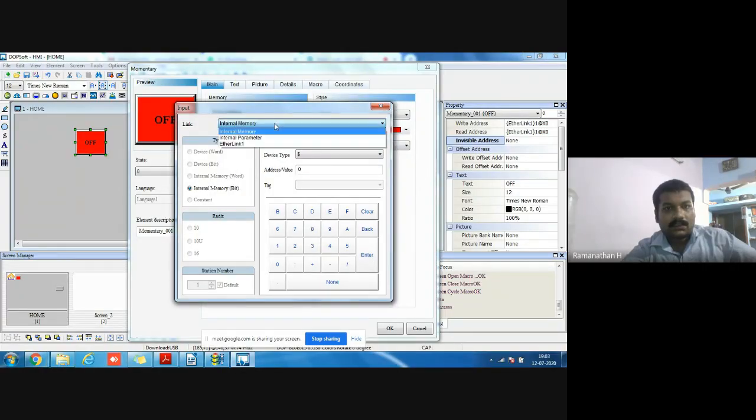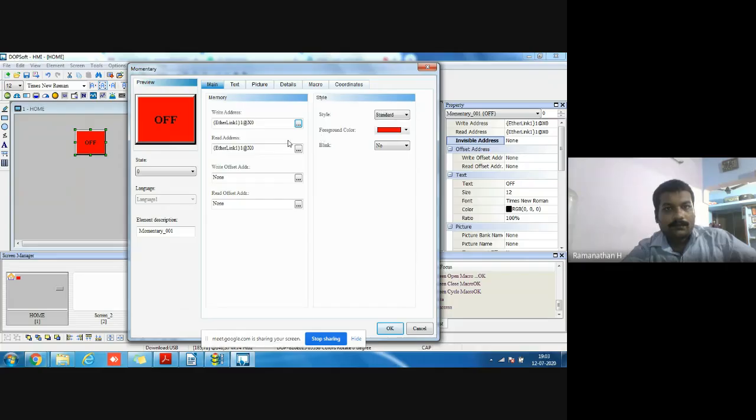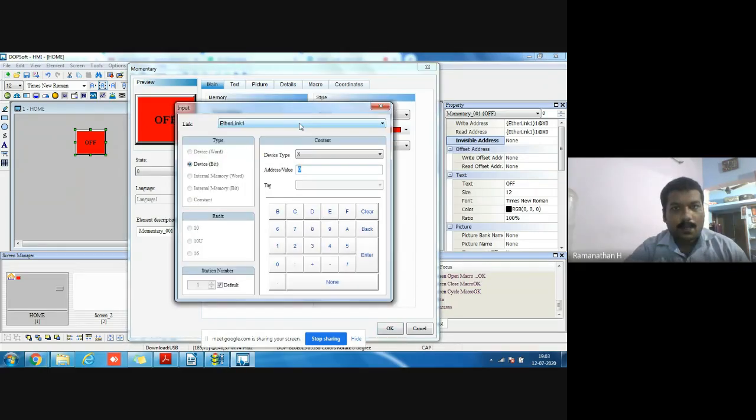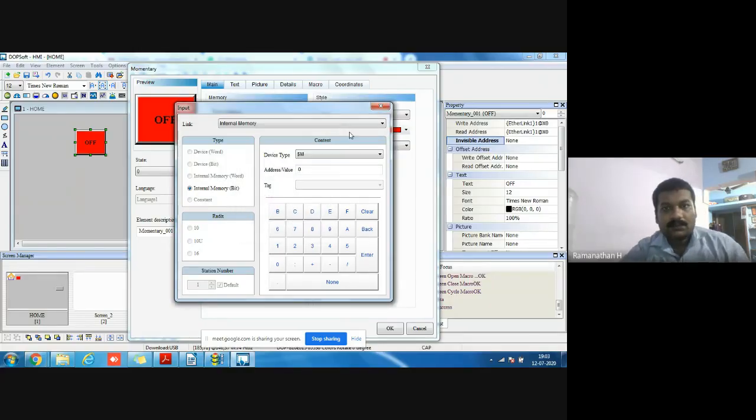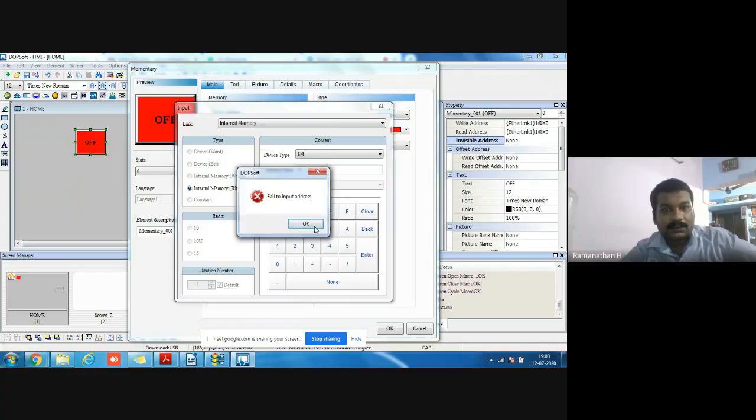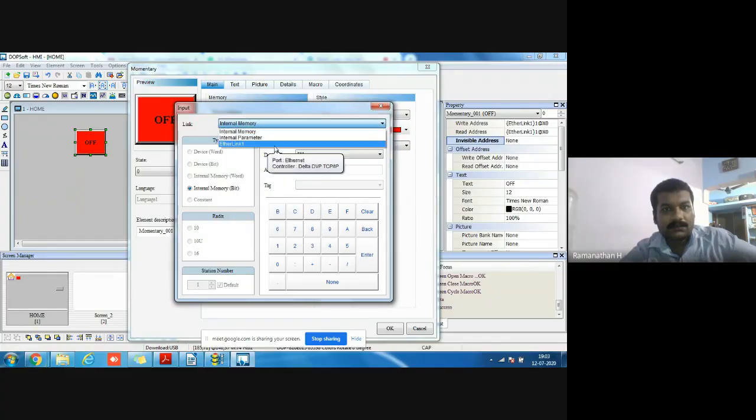Internal memory is not okay either. Here the PLC is not in communication, so we didn't see the color change of this one. What the message says is about the Ethernet.